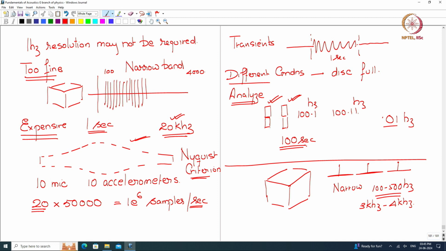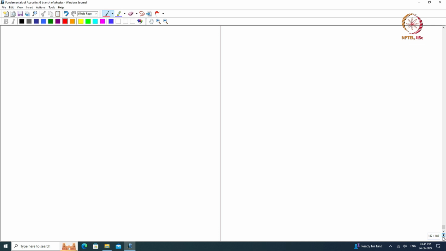If anything more specific is needed, if there is some trouble, some issue, some instability causing damage, then you can go to narrowband analysis. But in a general way, suppose you are making this machine, 100 machines a day are being made, and you just want to characterize each one and put a number, then this kind of broad analysis is adequate. So now that leads us to, as opposed to